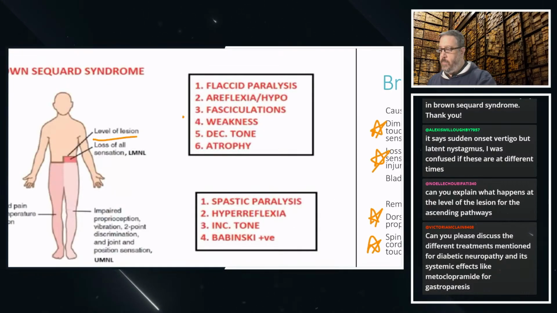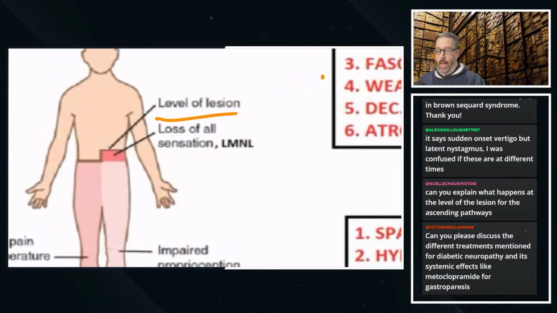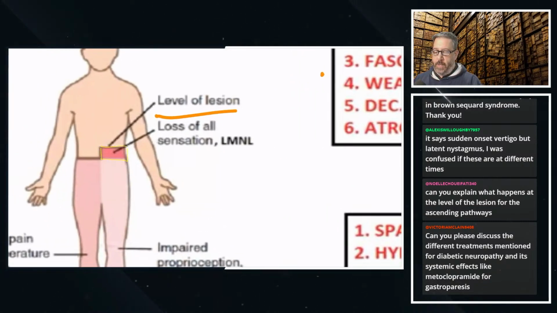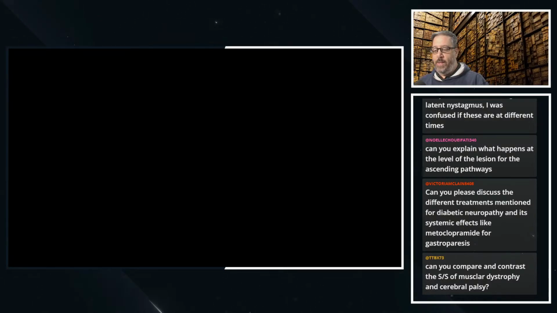Here we go. So at the level of the injury, at T10, a lower motor neuron lesion occurs. Why is that? At T10, at the level